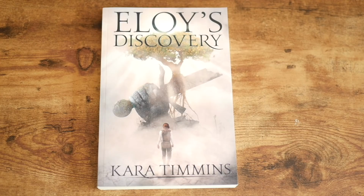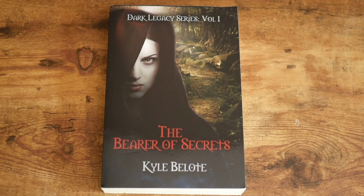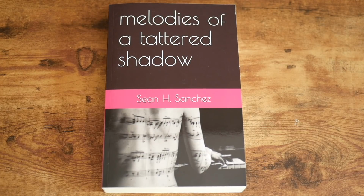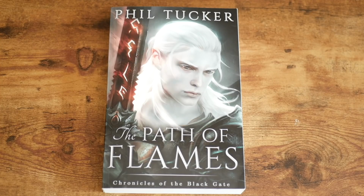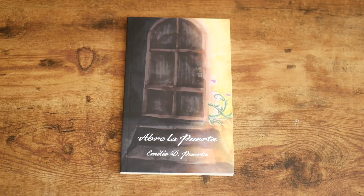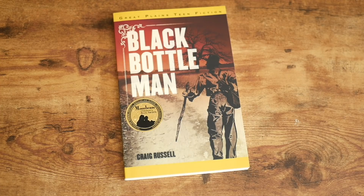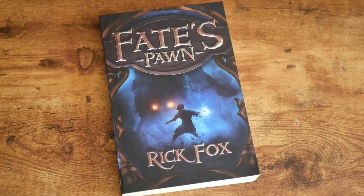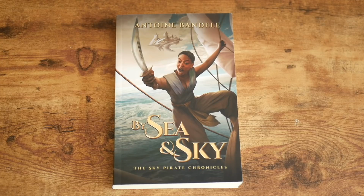of Grimoire, Eloy's Discovery, The Cull, The Bearer of Secrets, The Skymaster, Possession Obsession, Melodies of a Tattered Shadow, The Last Poem, The Path of Flames, Galaxy's Edge, Edge of the Flame, Abri la Puerta, Renegade, Heroically Challenged, Black Bottle Man, Tears and Laughters, The Impossible Man, Fate's Pawn, Pandemic, When the Sky Goes Dark, By Sea and Sky, Bobby